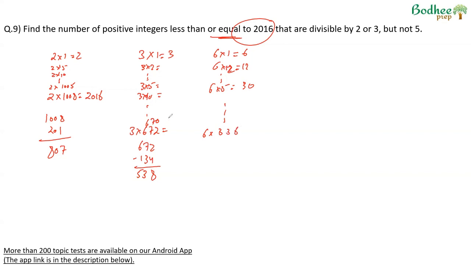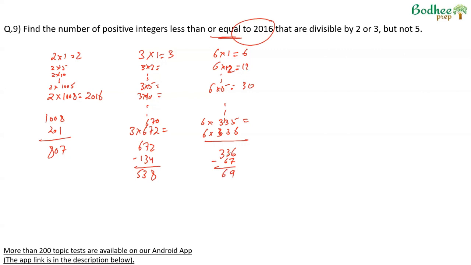336. Half of 672. This is 2016. The multiple of 5 before this is 335. 335 divided by 5 will be 67. So total 336 numbers. From that, 67 multiples of 5 are being removed. So this will give us